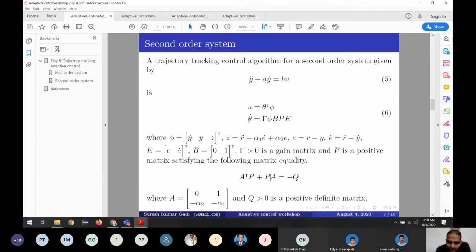So theta dot, we are having a multiplication of 1, 2, 3, 4, 5 terms. So these 3 and this term are something very direct and we understand. How do we get P is the tricky part in this. So first we define something called Z. What is Z? This complete thing. Adding these 3 terms gives us the Z.